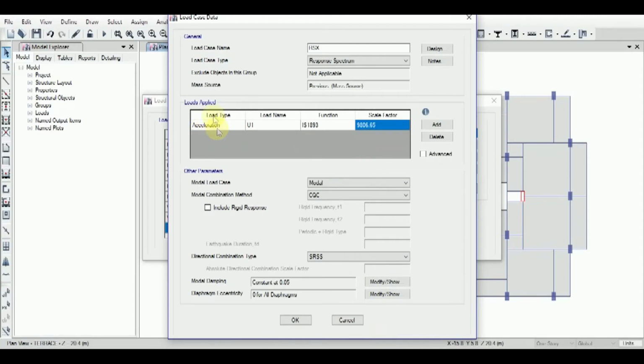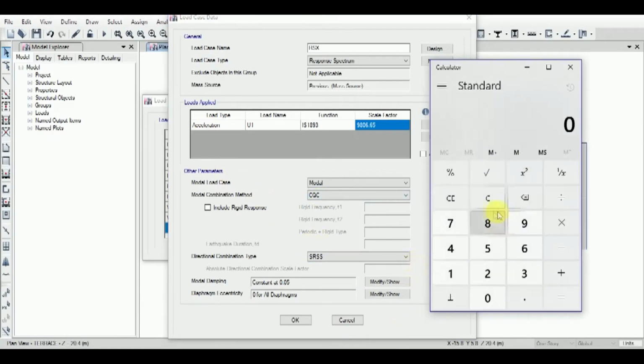Therefore, with gravity acceleration, it means I into G/2 into R. I is the importance factor, which is 1, multiplied by G. G is the gravity acceleration, which is 9810, divided by 2, divided by R. R is the response reduction factor, which is 5.